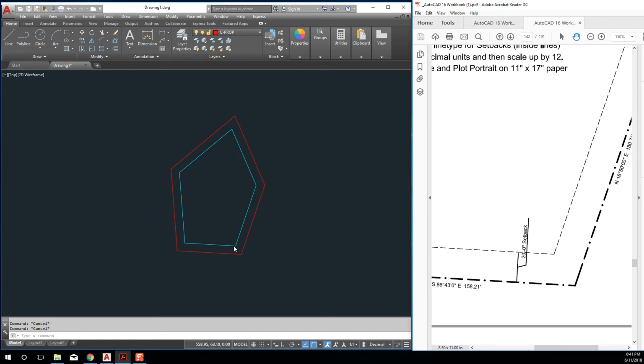Okay, so by doing this, I'm going to show you how to use the scale command and also how to take this object and take it from decimal inches to feet and inches. Okay, and that's the scale factor is 12 in that case. Okay, this is in this exercise,